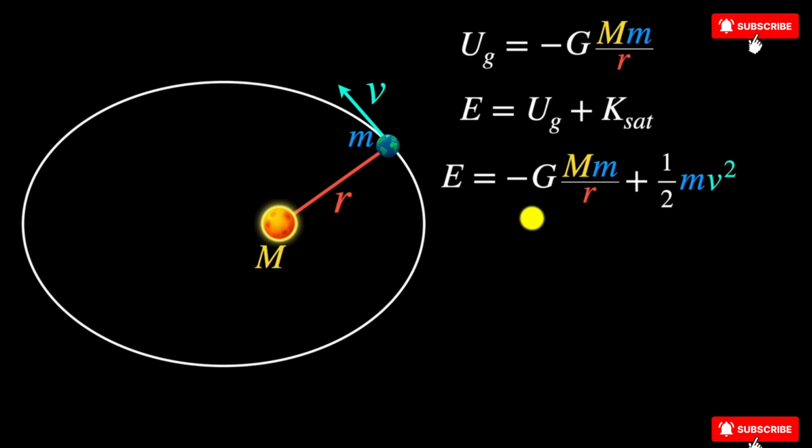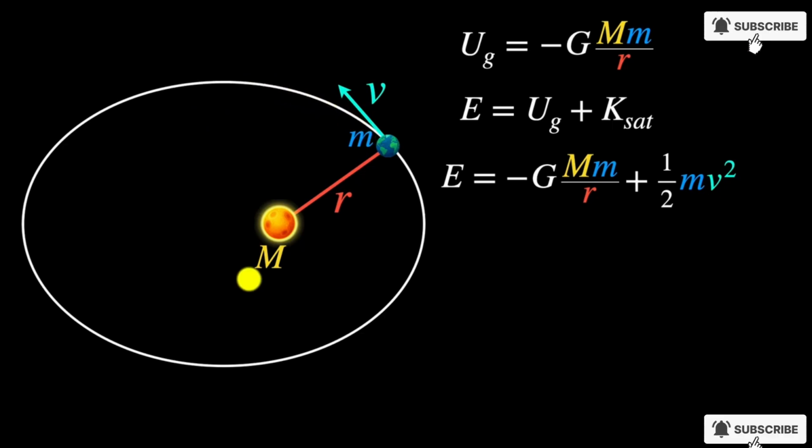Okay, so let's see what we can do with this. Well, first of all, let's assume that there are no other planets or stars in the neighborhood. Or let's assume they're very far away. So we can ignore their gravitational influence. Then, as the planet moves around, the total energy of the system must stay conserved because there is no external work being done on our system, so the total energy must stay the same. Right? However, the potential and the kinetic energies can change. So we can use this to predict some stuff.